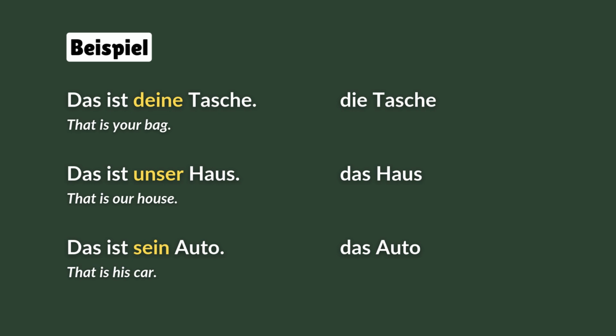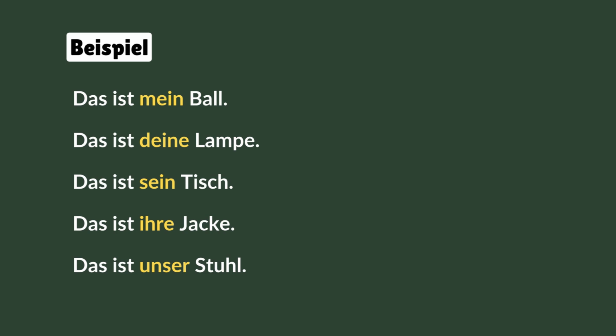So, the first one is das ist deine Tasche. Since it is die Tasche, it became deine Tasche. And if it was der Tasche, it would have been das ist dein Tasche. But here we have the Tasche's article, or maybe the bag's article, die Tasche. And das Haus, das Auto. And we also have a couple of Beispiele here. It is das ist mein Ball, das ist deine Lampe, das ist sein Tisch, das ist ihre Jacke,